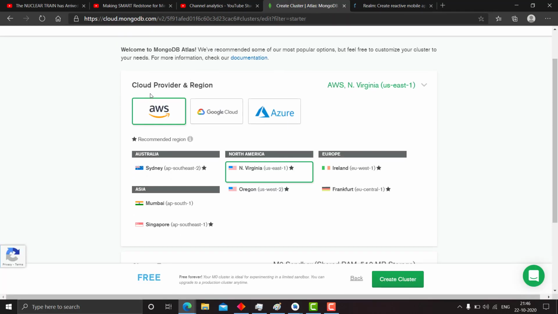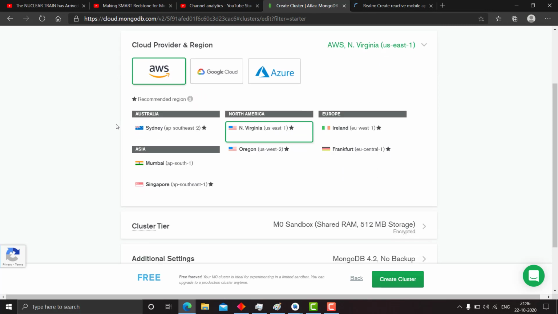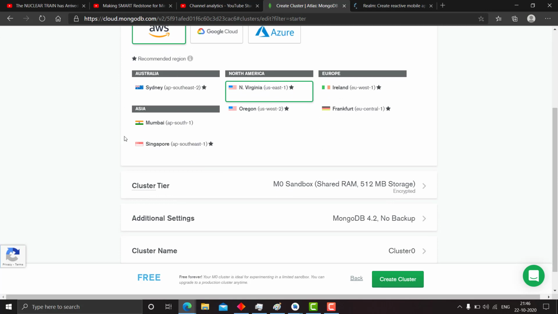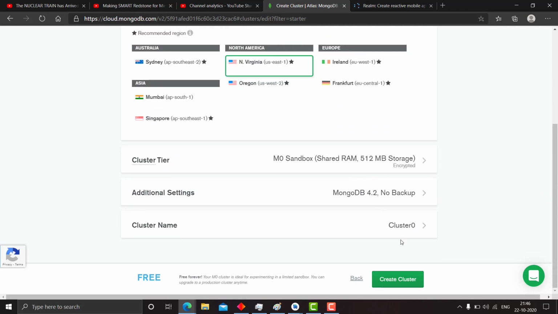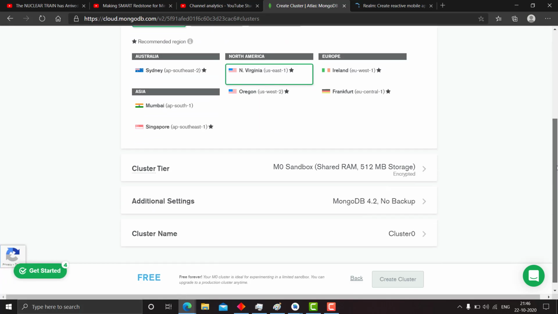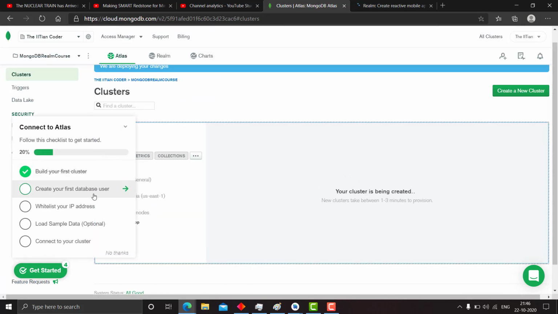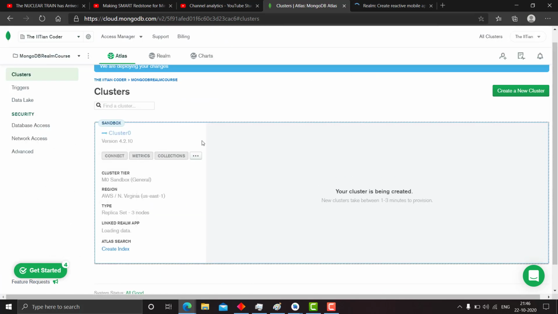In this, choose whatever cloud provider and region you want. I've chosen AWS, and you can use any region you want. I have used N. Virginia, which is the recommended region and already preset. The other things you can't change as such because this is a free plan. You can go ahead and buy a paid plan whenever you want, if you learn it correctly and if you have that many users. Okay, so now let's minimize this.